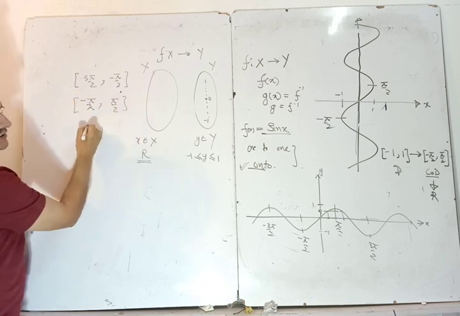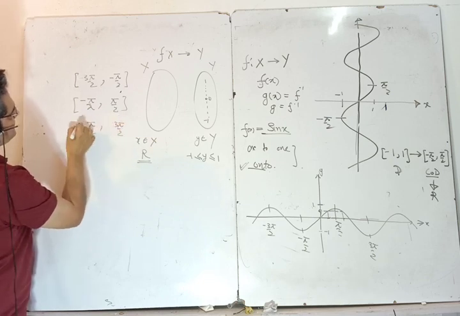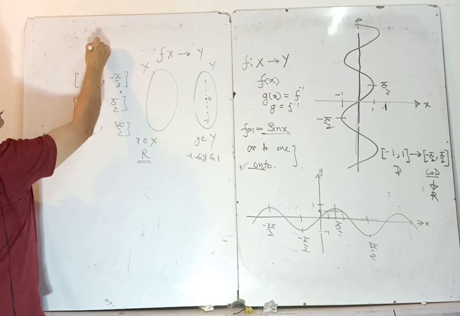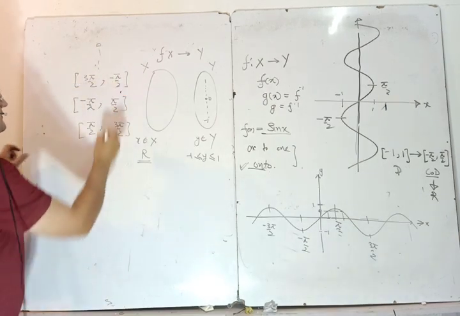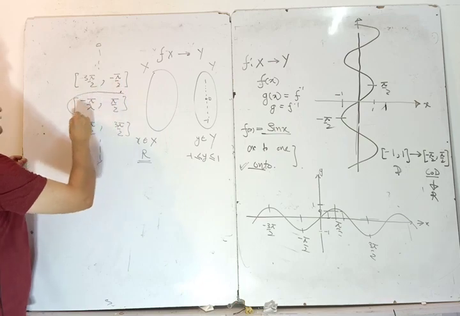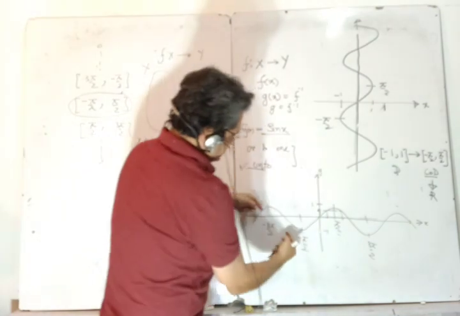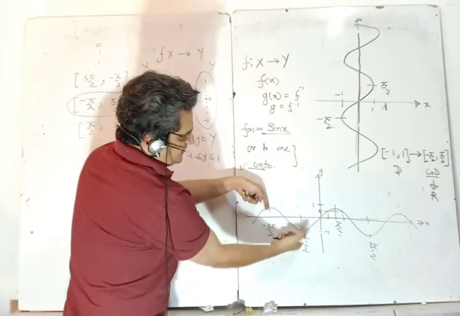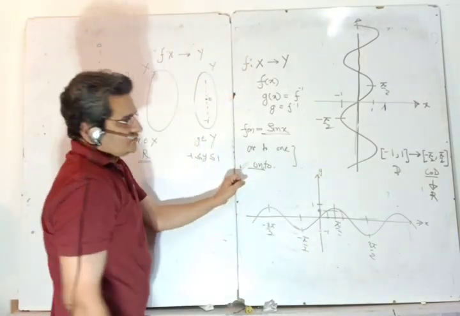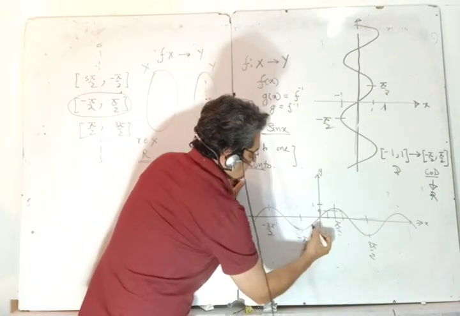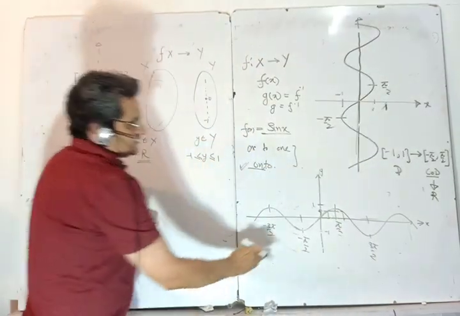I can take pi by 2 to 3 pi by 2 as my domain. I can go on like this. So I select this. This is my principal value. If I take this, I could have taken this also. Even then, if I go from here to here, this function is also 1 to 1. From here to here, in this also it is 1 to 1, and this also it is 1 to 1. So I take this much.